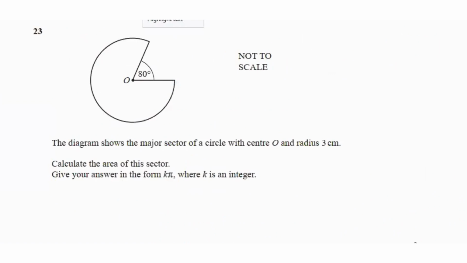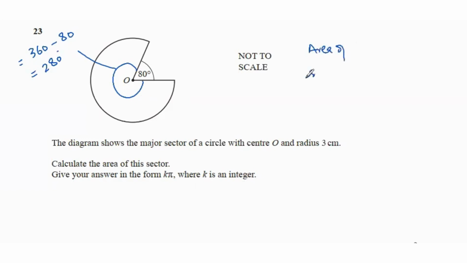Question 23 says the diagram shows the major sector of a circle with center O and radius 3 centimeters. Calculate the area of the sector. Give your answer in the form of k pi, where k is an integer. This angle will be found by doing 360 minus 80, which is going to be 280. So since we have to find the area of the major sector,